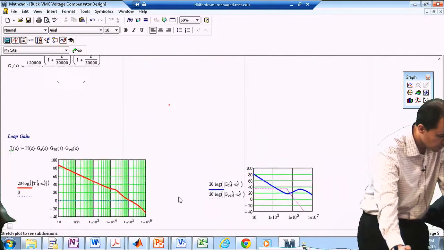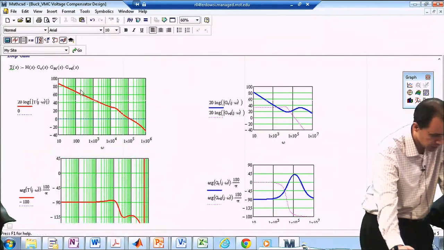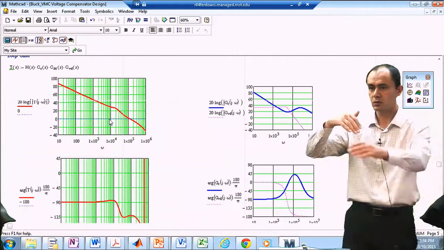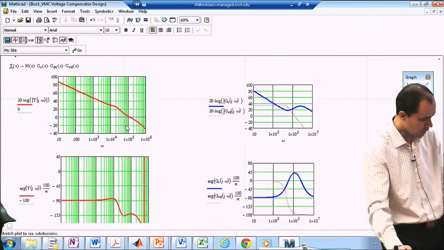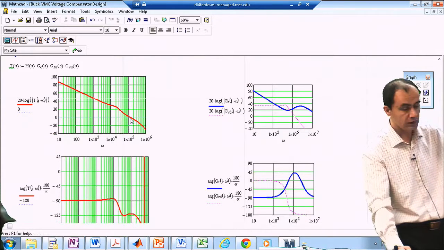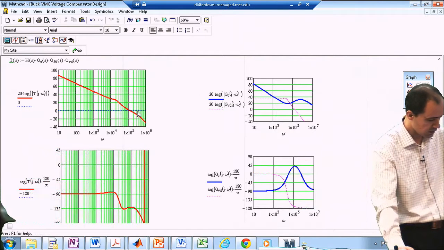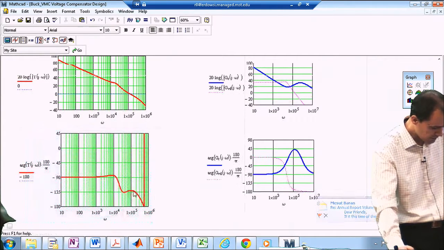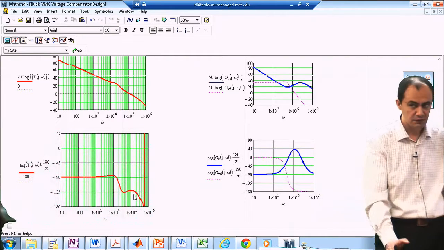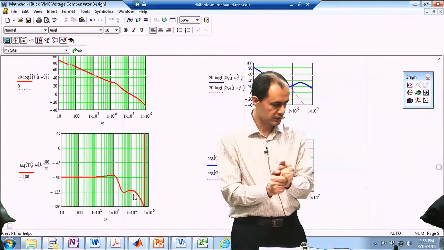Okay? So now you can see that my magnitude in terms of my phase loop, the red one, is shifted up because I just multiplied by a larger number, and in a larger scale, it is just shifting up. Now my crossover frequency is a little bit higher than 100,000 radians per second, which is good. The indication is the system is fast, but you can see you don't have enough attenuation at the switching frequency. Okay. But the system is relatively still stable. You still have about 45 degrees of phase margin, so it's good. But again, you're not getting enough attenuation at